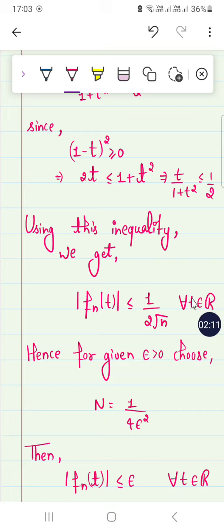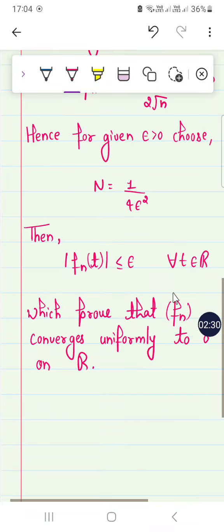So we can introduce a term which bounds the function for all t. There is no variable, this is a constant term. Taking the limit of this, when we take the limit, it tends to 0, so it converges. Because for any epsilon, we take n = 1/(4 epsilon²), so it is bounded by epsilon, so f_n converges uniformly to 0.